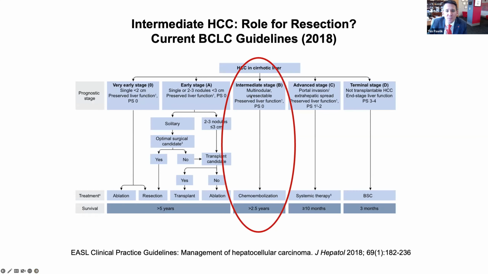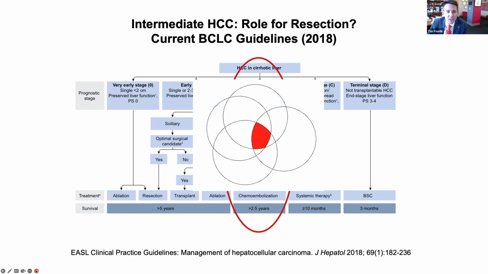So, we frequently talk about this intermediate stage disease, and that these patients shouldn't be offered an operation. But I think it's really much more complex. This is a very heterogeneous group of patients that have hopefully demonstrated that things like AFP and tumor burden score can help us tease apart some of the heterogeneity in this area, and identify those patients who may be best